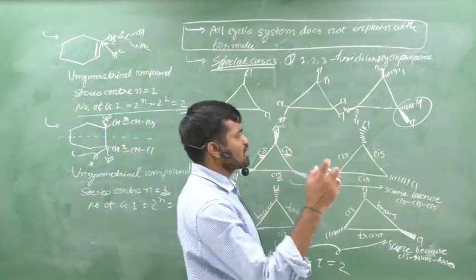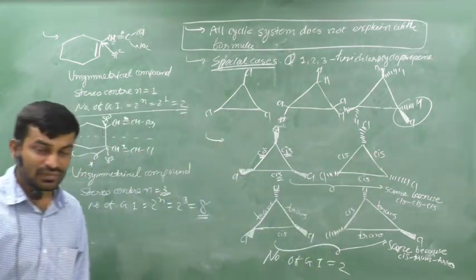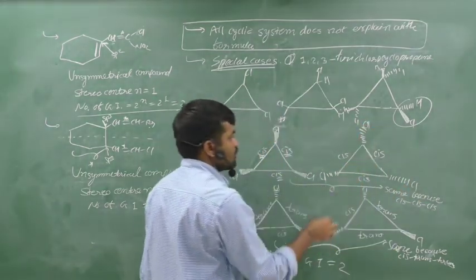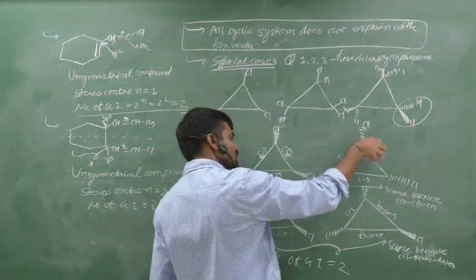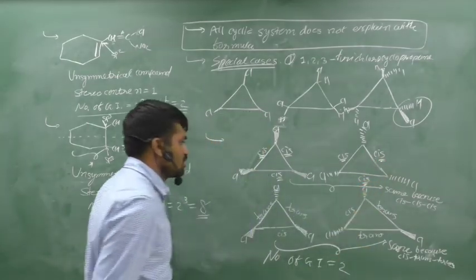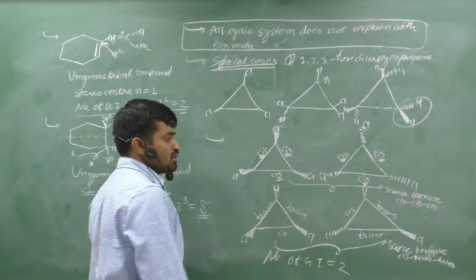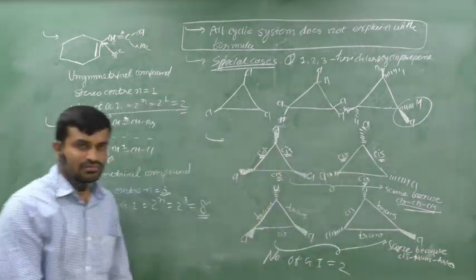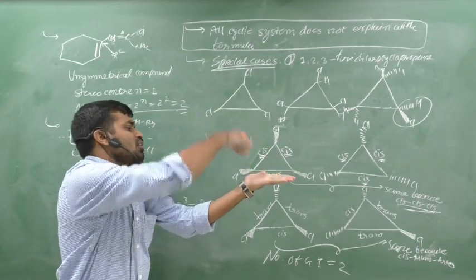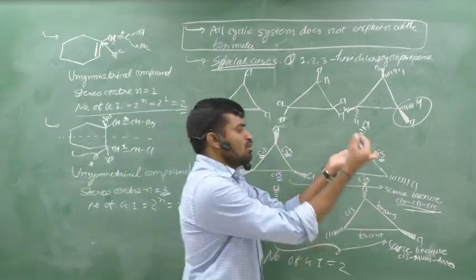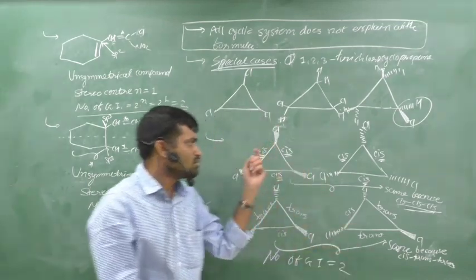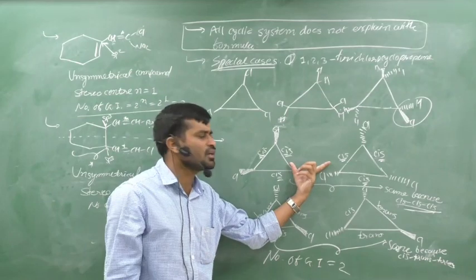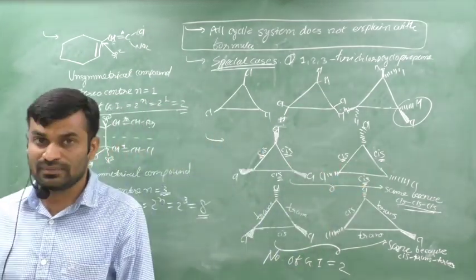Now, second possibility is that all chlorines are in a dash form. Yes or no? Therefore, all chlorines are in a dash form. First possibility is that cis form, second is also a cis, and third is also a cis. Geometry of this compound is also cis, cis and cis. Therefore, you can say that these two compounds are equal. In that, all chlorines are upside from the ring. In that, all chlorines are downside from the ring. Therefore, it is also a cis, cis, cis, and it is also a cis, cis, cis. Therefore, these two compounds are not different. It is same from the point of view of geometry.